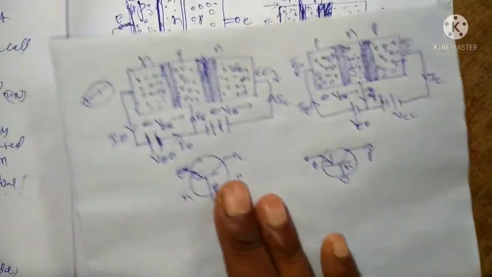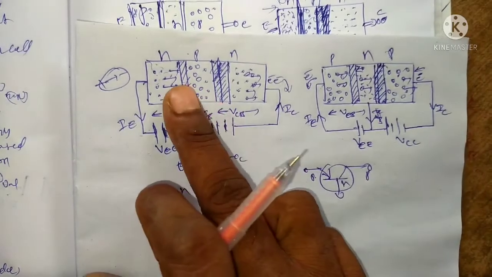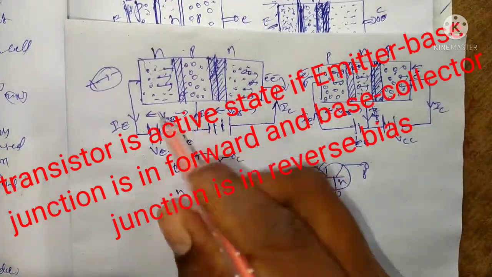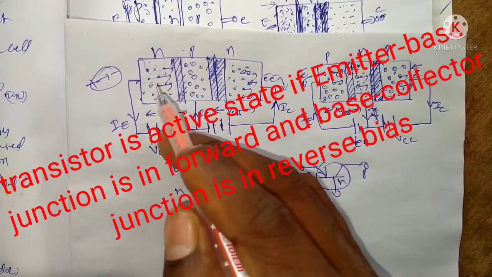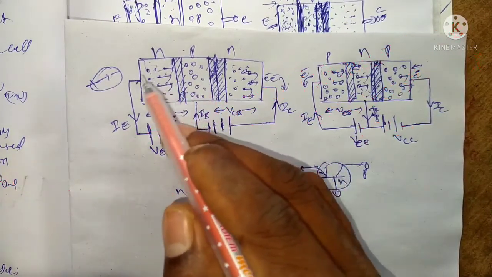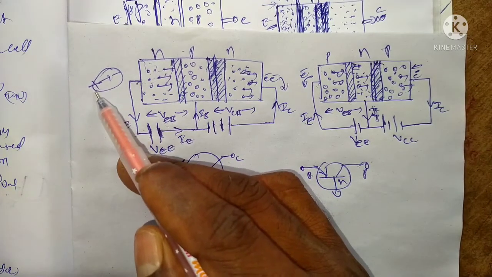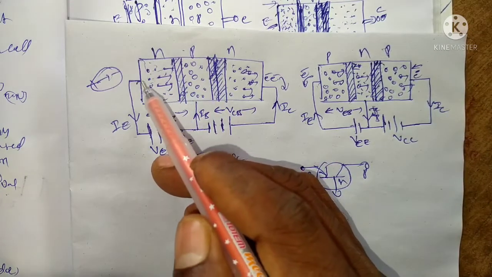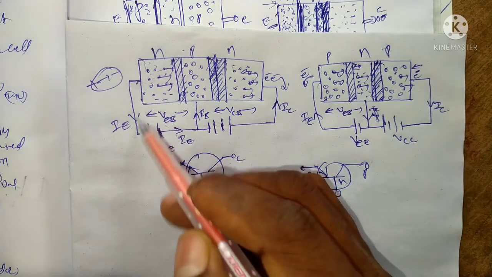Reverse bias and forward bias of the PN junction, here it is NPN. In the case of an NPN transistor, N means the majority charge carriers are electrons in the entire material. Electrons flow in this direction, and the opposite direction is the current direction. Current direction is always positive to negative. The current direction is opposite to the electron direction.